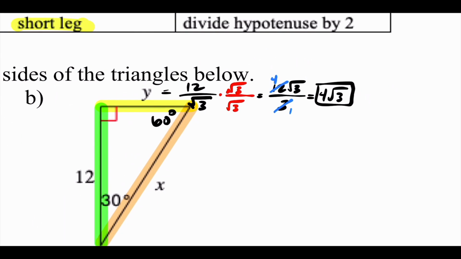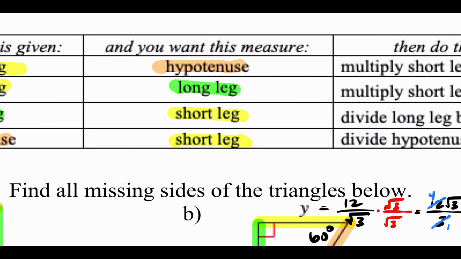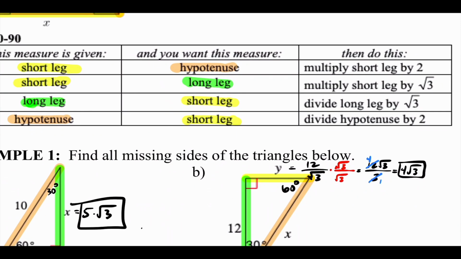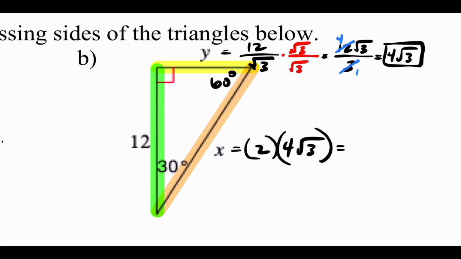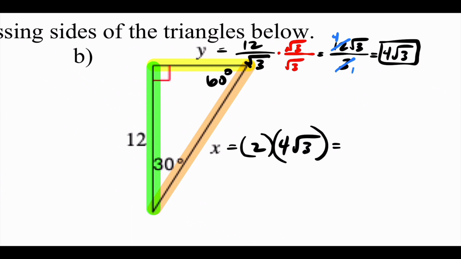Now I have to find the hypotenuse. So let me go to my list. If you want the hypotenuse, the top line, you're going to need to multiply the short leg by 2. Well, we just found the short leg. Right? We just found what the short leg was, 4 square root 3. So when I multiply by 2,